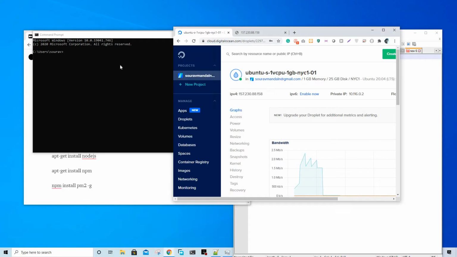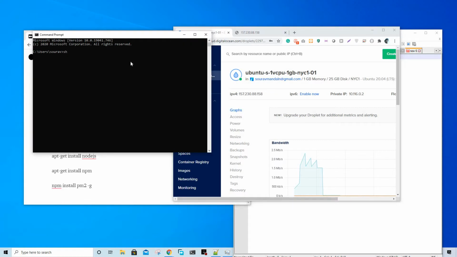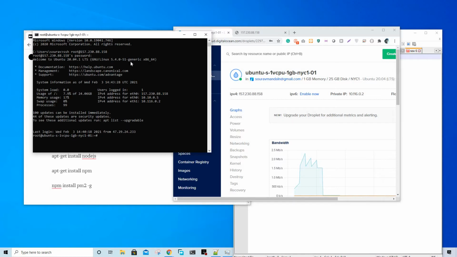Let's go inside the machine. We're going to use SSH. It should be installed by default on your Windows machine or Ubuntu machine. It is going to ask for the password. Use the same password that you created while creating the virtual machine. I'm inside. As you can see,